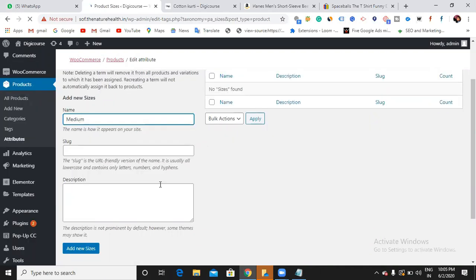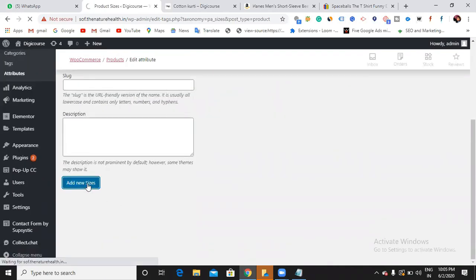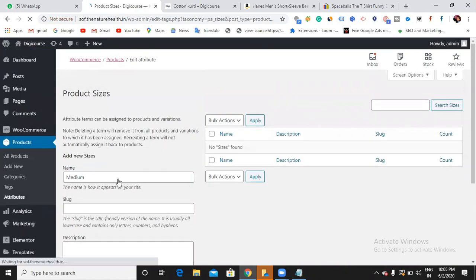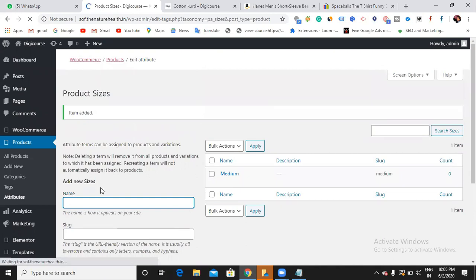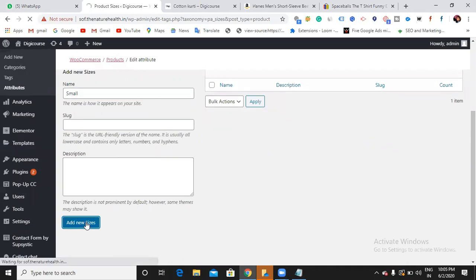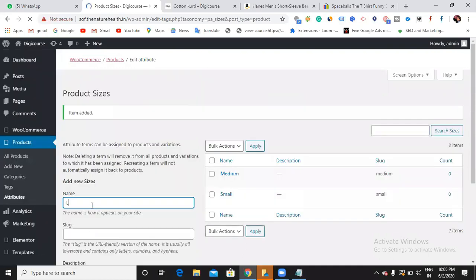Medium size is available with me. Then small is available. Then large is also available.